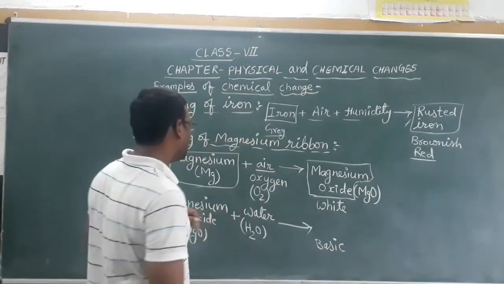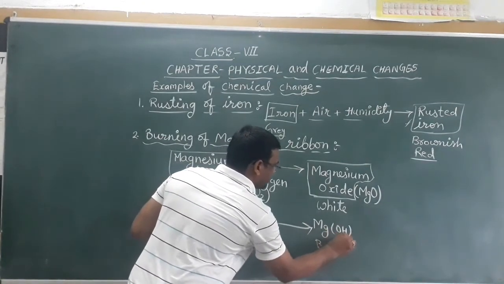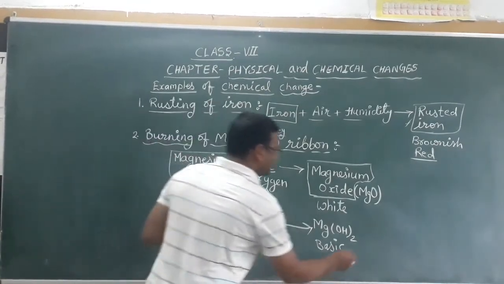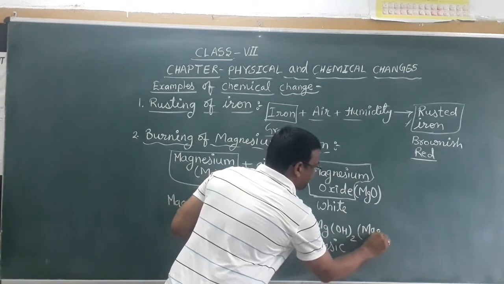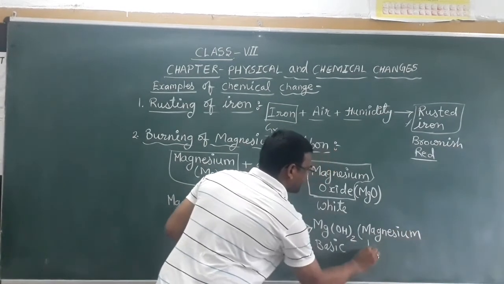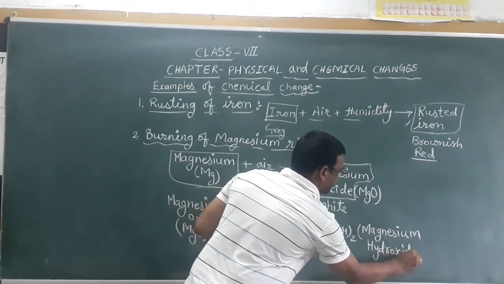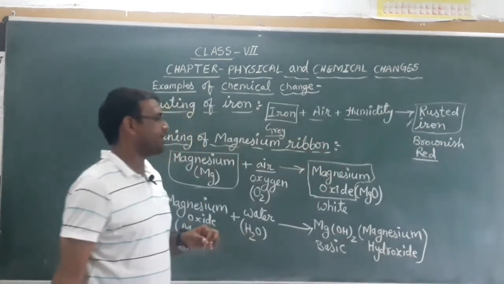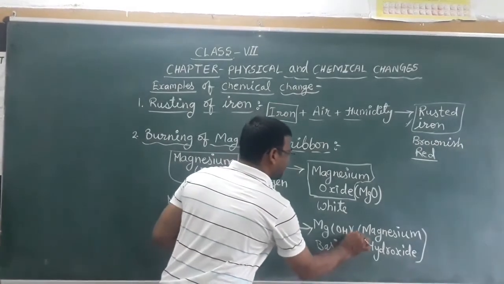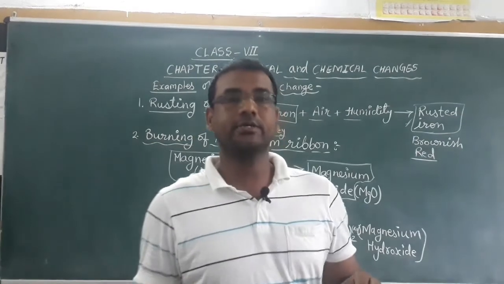Now what is the formula of this solution? That is Mg(OH)2. Okay, that is the formula of the solution, and the name of this compound is magnesium hydroxide. This is the name of the solution which we got. Now here we can write aq for aqueous, because our solution is in liquid state, aqueous.